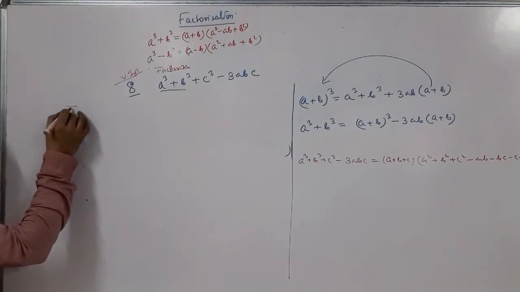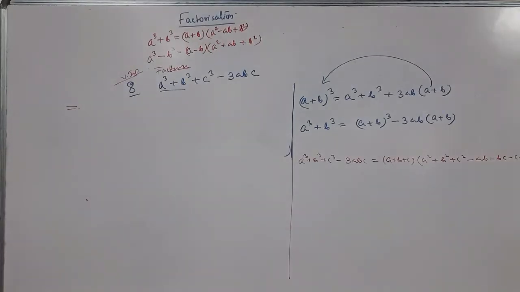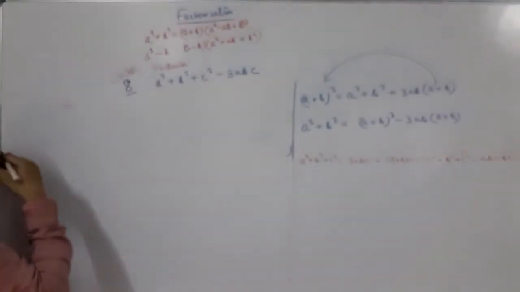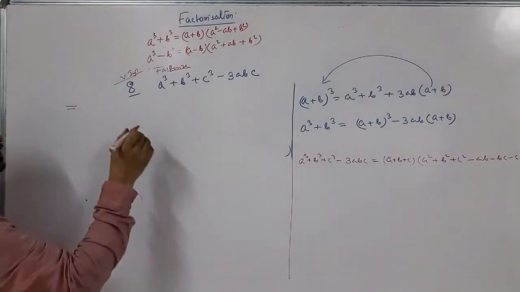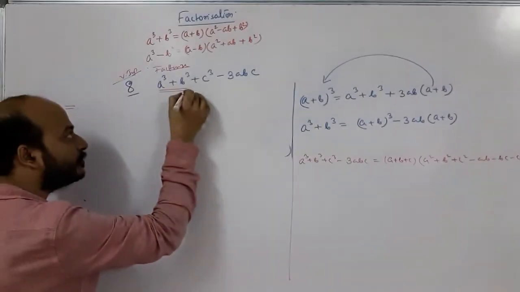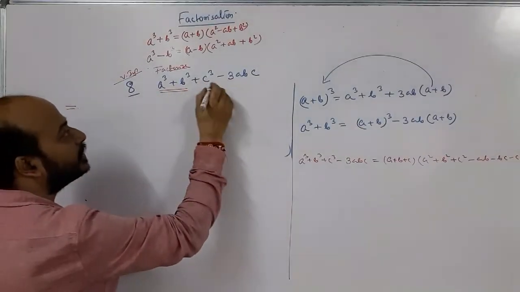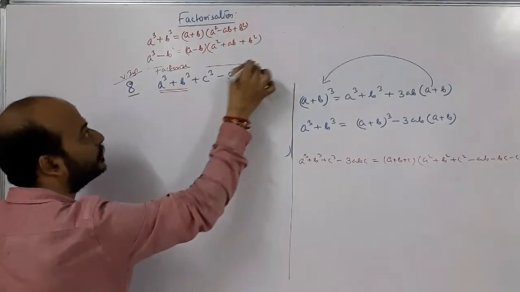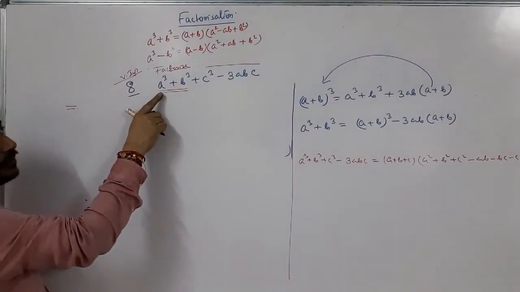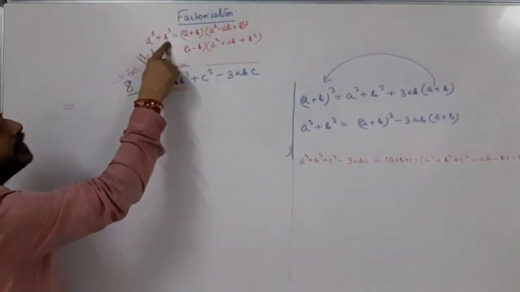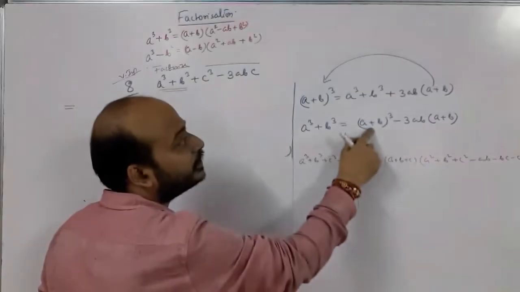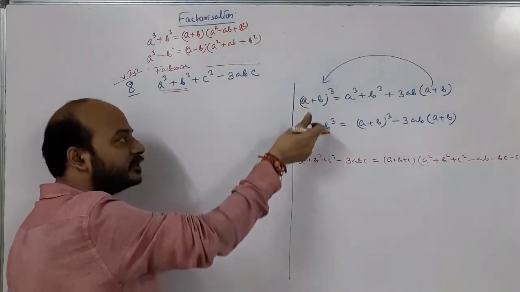Now you have to look at it carefully. It's not very difficult, but it's logical, so you have to understand. Now what I do here, I will first find a cube plus b cube from this part, and I will leave this part alone. But in this case, I will not use the a cube plus b cube formula. I will use this formula, which is in fact derived from this.